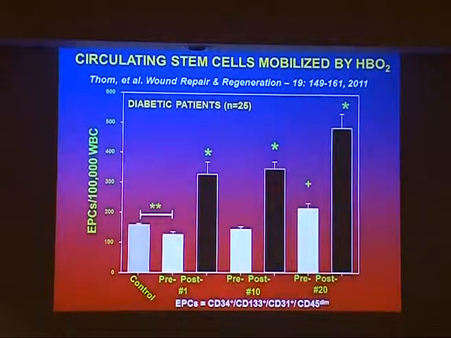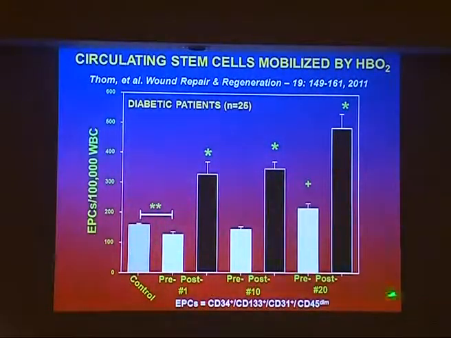Do you get mobilization of stem cells? So diabetics metabolically are very different than normal people, and there's a number of very important biochemical reasons why an HBO effect might be different. In other words, maybe you don't mobilize stem cells because you don't get the same degree of activation of nitric oxide synthase. So this was a paper that we did looking at diabetics, and now we're not, so the morphology,